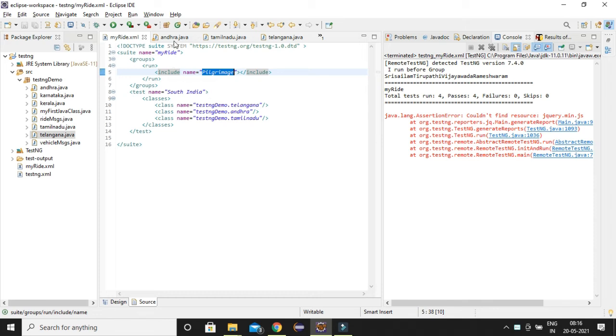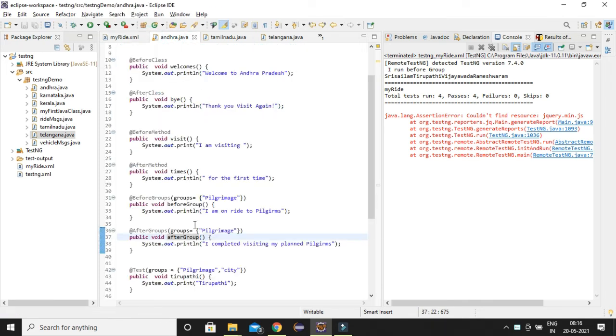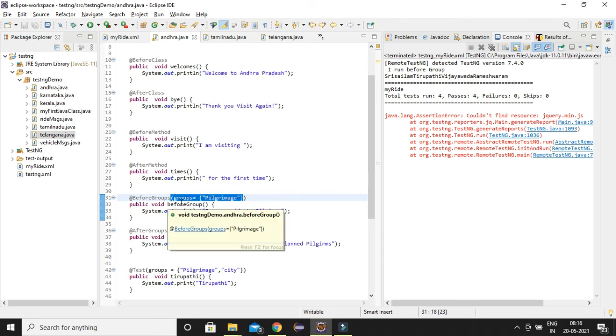How can I do that? I need to write two methods. To execute a logic before the group, we have to use before groups annotation, and you have to mention in the parenthesis before which group I have to execute that logic. So I am giving it as pilgrimage. When I execute pilgrimage group, then before group will get executed because this is the before group of pilgrimage group.